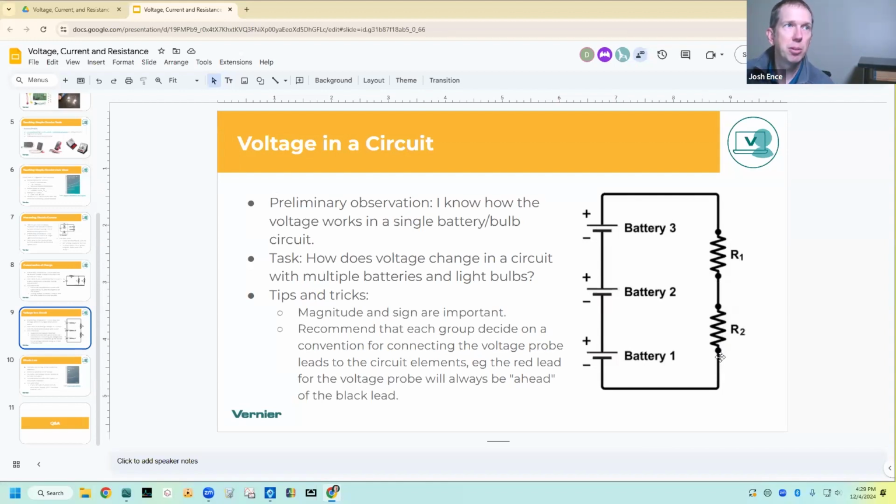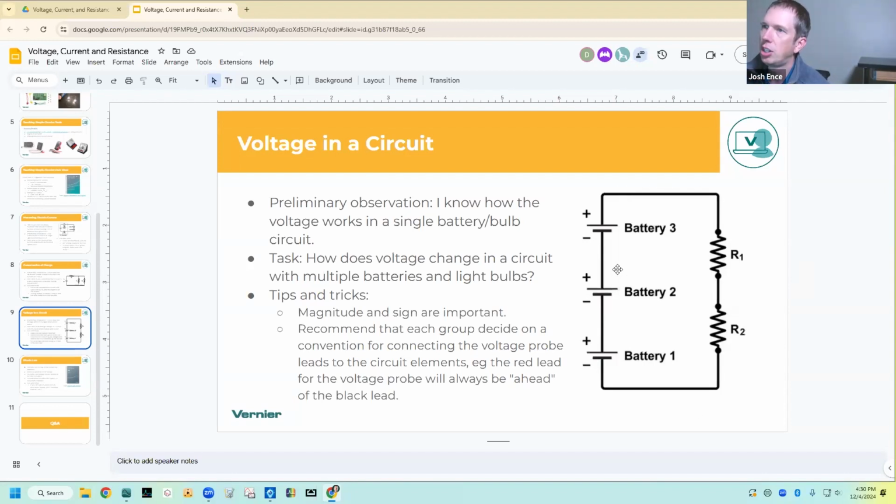Yeah, Fred makes a good point there about how the brightness is proportional to the current, but it's not necessarily a linear proportionality. Twice as bright doesn't necessarily mean twice the current. So for this one, these particular battery holders that I am using today only connect together plus to minus in the quote unquote correct orientation. For this particular activity, you would need more alligator clips because you want to be able to flip them around. But the idea is that students are going to measure the voltage across each of the components